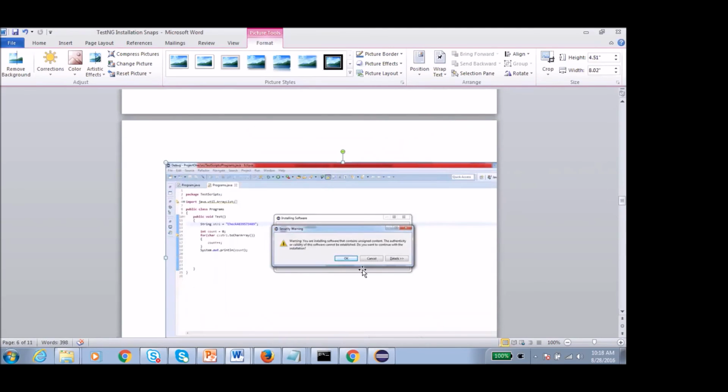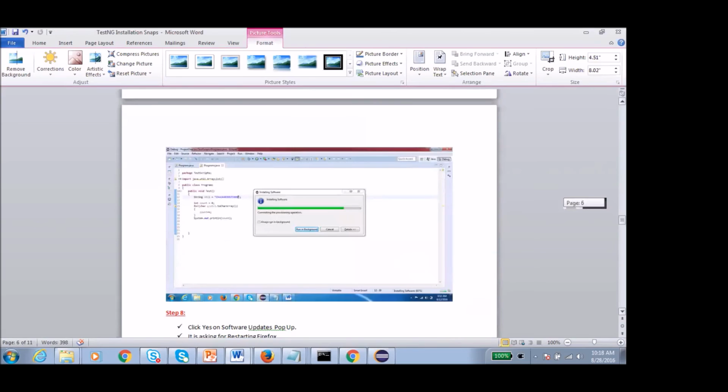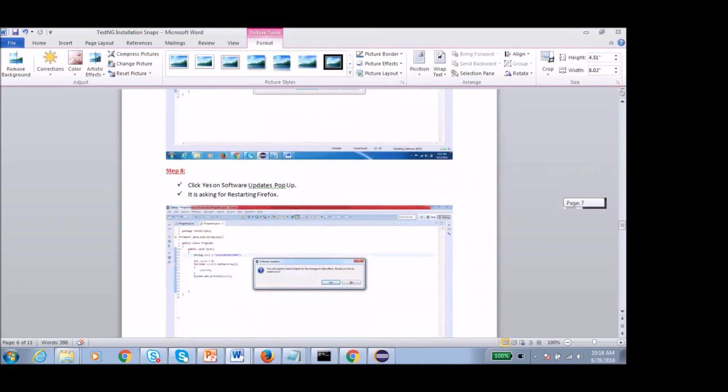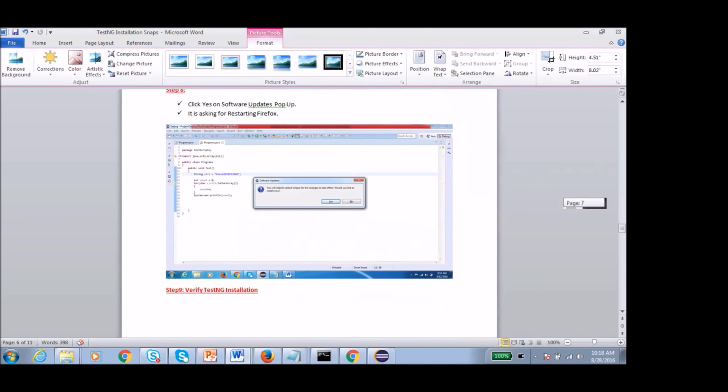Something like a warning; just click on OK, and then again it will take some time, and TestNG is installed. Just click on yes, TestNG is installed.